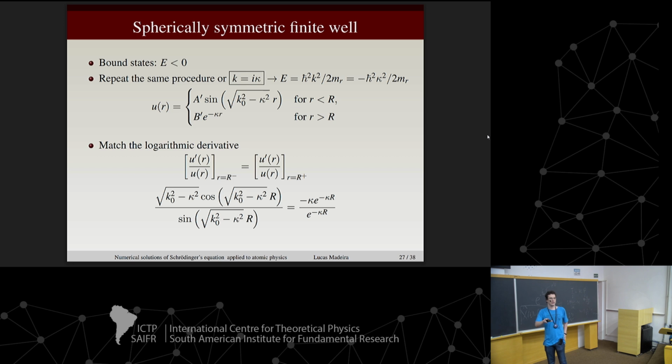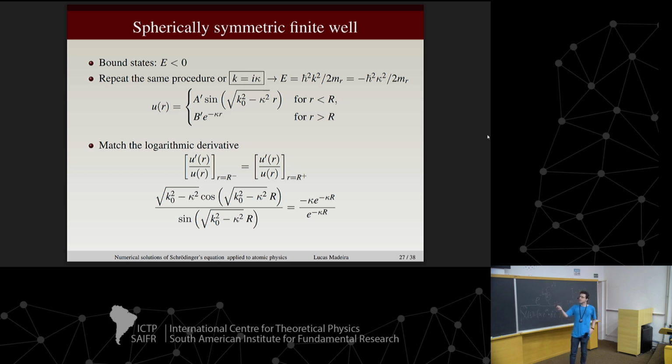Do you see why this works? Okay. So my previous result was sine of the square root of k0 squared plus k squared. Now I have i squared, so this becomes minus kappa squared. This is the solution for the reduced wave function inside of the well. And outside, I have a vanishing wave function because it's a bound state, right? It has to go to 0 outside of the well.